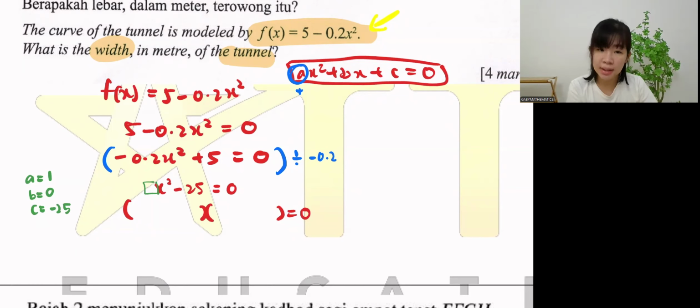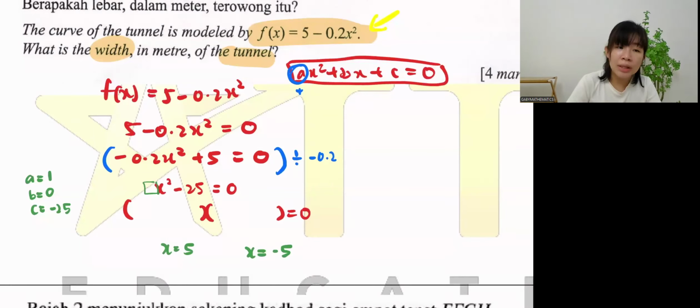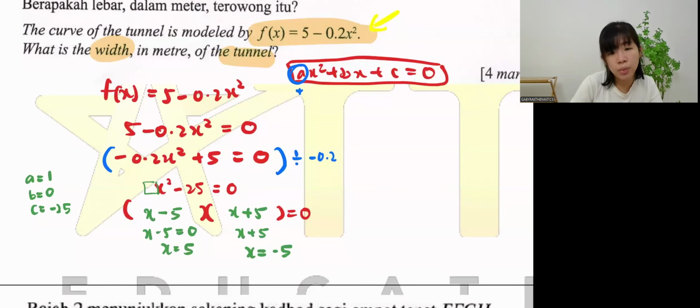So the first answer is x1 is 5. Then the other answer, x2 is negative 5. Okay, so when we fill in the bracket, we terbalik it. So if it's positive 5, we write x minus 5 equals 0. So if it's negative 5, okay, we put plus. So x plus 5 equal 0. Okay, guys, we get x1, x2. It is 5 and negative 5.